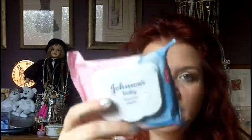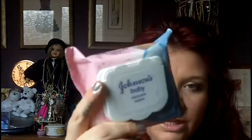Sometimes before I go in the bath, or when I get home, I might use a Johnson's Baby wipe. Just sometimes when you get home, you've been to work, you've had a busy day, sometimes you can feel the day on your skin and your makeup feels a little bit oily, and sometimes I'll just wipe it all off with a baby wipe even before I've gone in the bath. And before I go in the bath also, sorry, I've kind of done this in the wrong order,